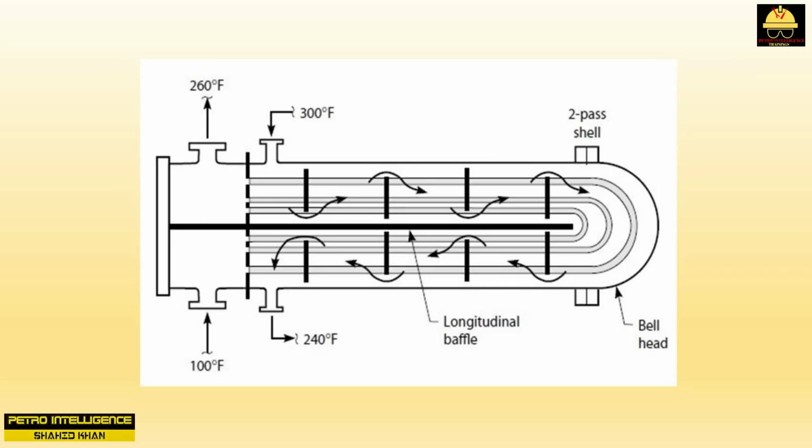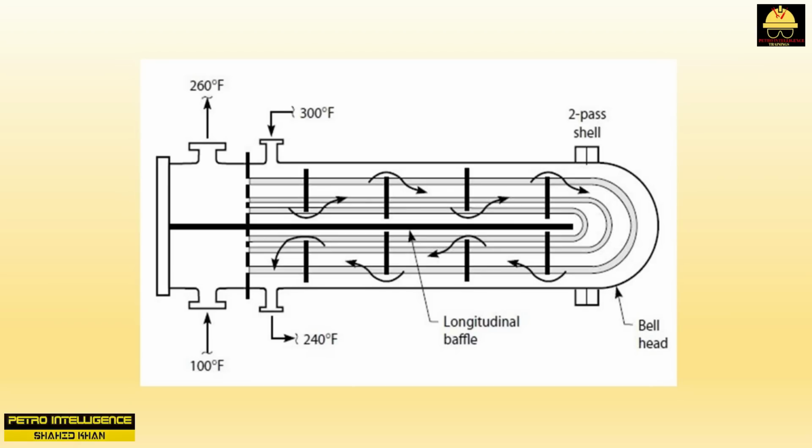The reason illustrates the true nature of the shell and tube heat exchanger. It is a compromise between an ideal heat transfer configuration and practical mechanical limitations. In this case, the difficulty is in preventing leakage around the longitudinal baffle. Such leaks permit the shell side fluid to short-circuit the tube bundle, that is, a percentage of the inlet flow may flow directly to the outlet nozzle. In extremely serious cases, I have seen the bell head, shown in picture, 100 degrees Fahrenheit colder than the shell